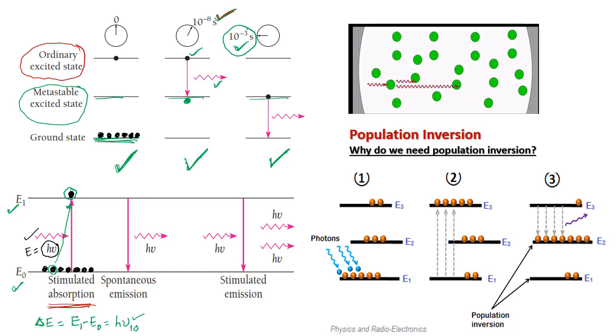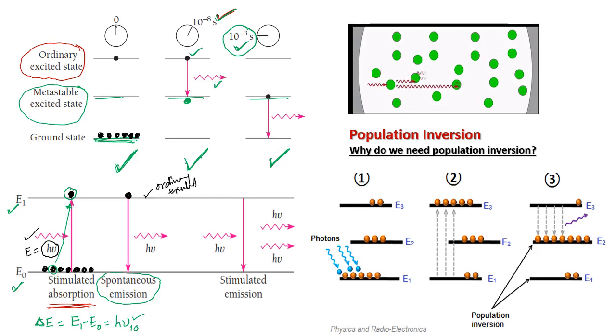The second process is spontaneous emission. The word spontaneous is there, so that means something is happening spontaneously. I'm not going to stimulate anything. So this atom which is already there in the excited state, suppose right now this excited state is some ordinary excited state,